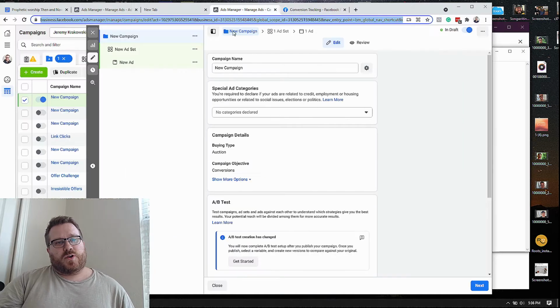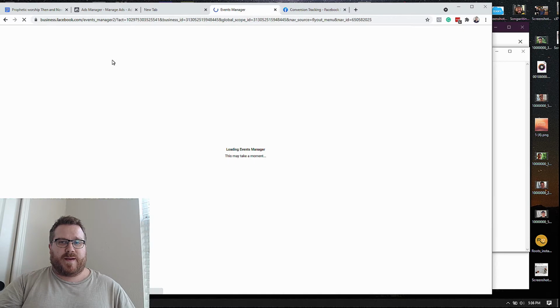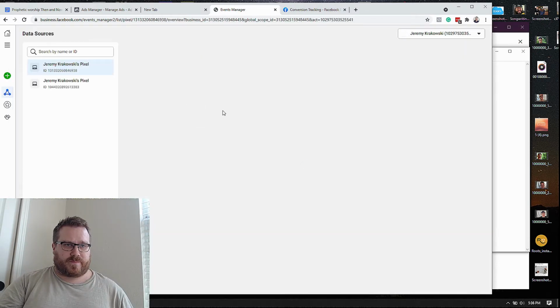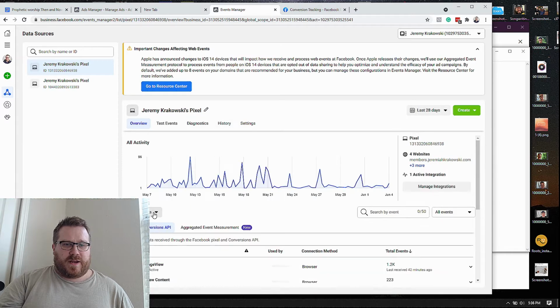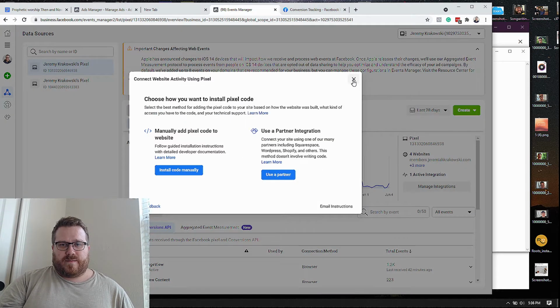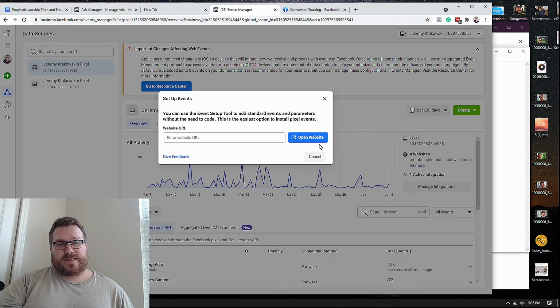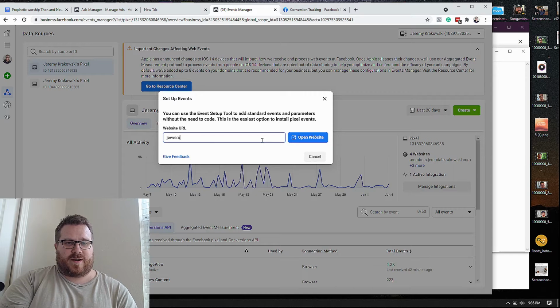Otherwise, you can go to the events manager. Under events manager, you can go to add events, and you can do from a new website. That's where you add the pixel to your site. You're going to go to from the pixel, open the event setup tool. And so then if I go to jeremiahkrakowski.com,